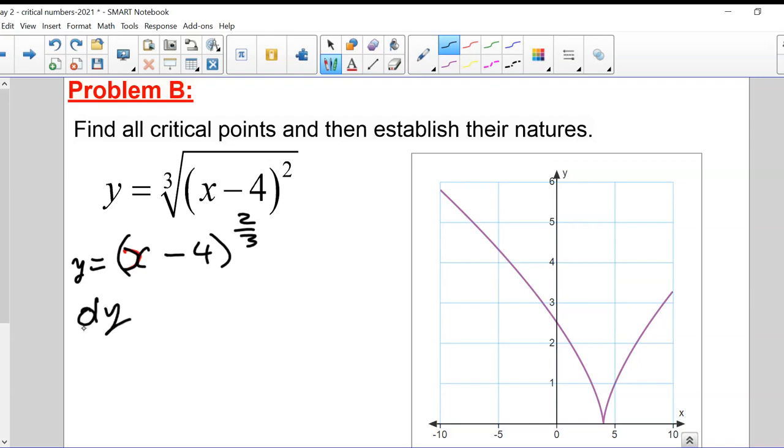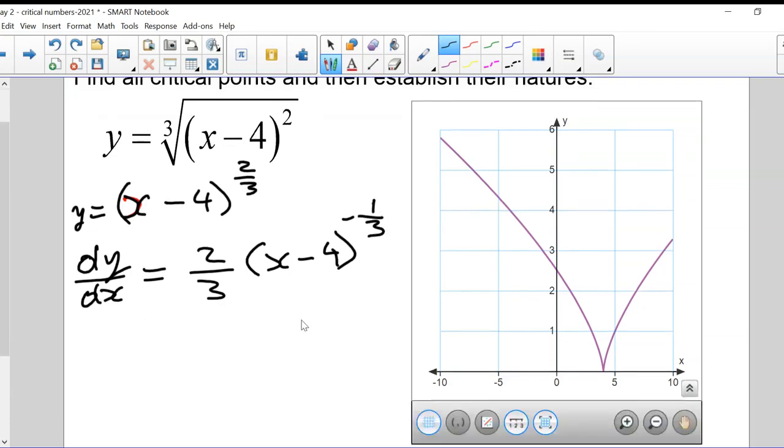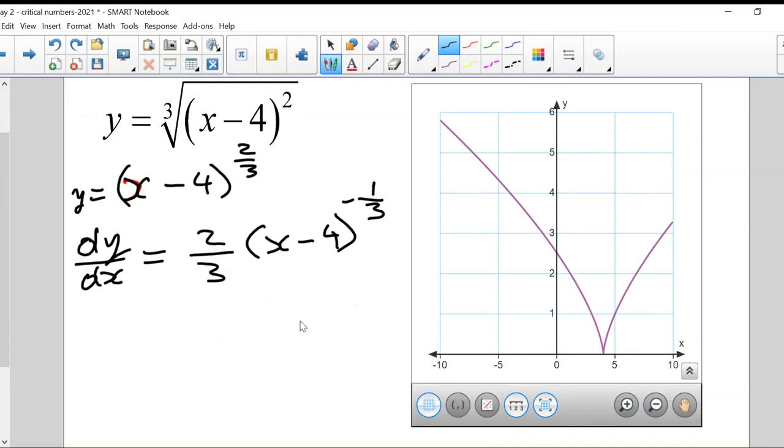So dy/dx is equal to 2/3 times (x minus 4) to the power of... now if I have 2/3 and I take 1 from that, I'm left with minus 1/3. You can confirm that with a little simple math. So this is equal to